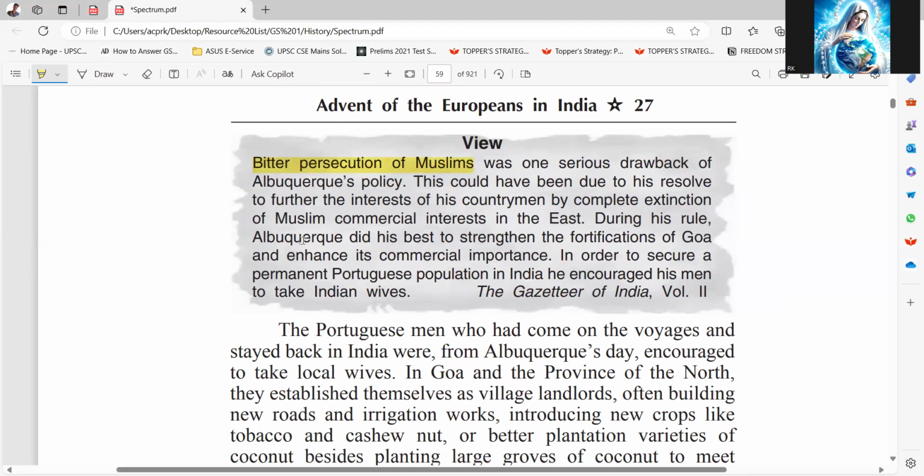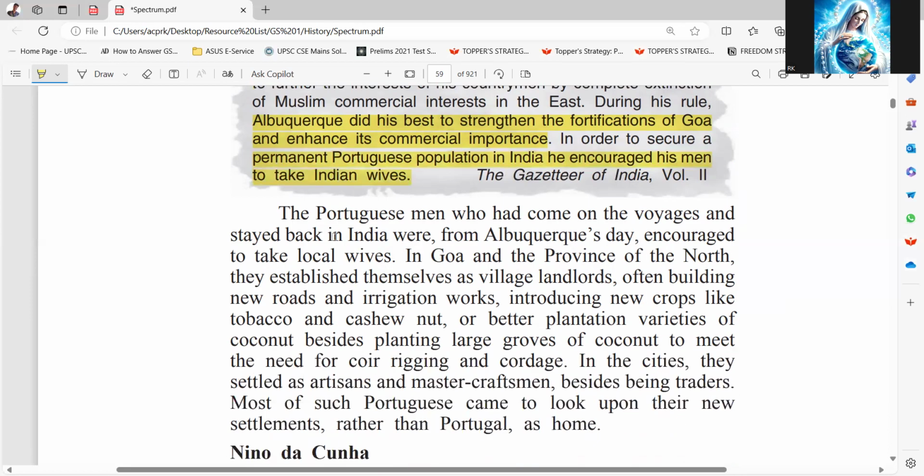During his rule, Albuquerque did his best to strengthen the fortifications of Goa and enhance its commercial importance. In order to secure a permanent Portuguese population in India, he encouraged his men to take Indian wives. Okay. The Portuguese men who had come on the voyages and stayed back in India were, from Albuquerque's day, encouraged to take local wives. In Goa and the province of North, they established themselves as village lords, landlords, often building new roads and irrigation works, introducing new crops like tobacco